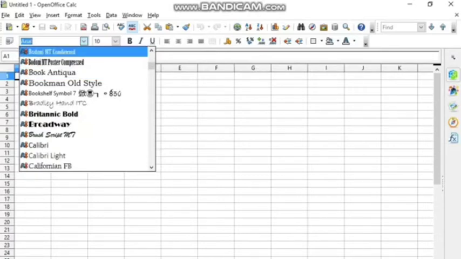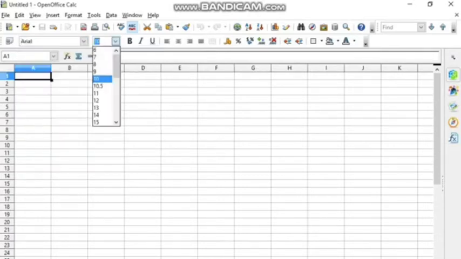So all the formatting related work can be done quickly with the help of the formatting toolbar. However, the options are also given in the format menu, but for quick access you can use this bar to apply the formatting styles on your data or the text which is entered in the OpenOffice Calc sheet.